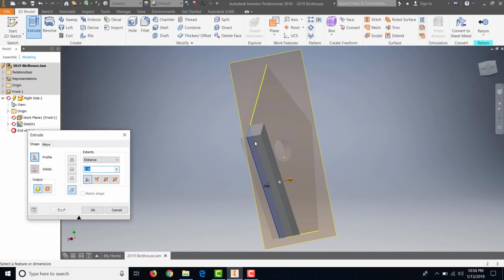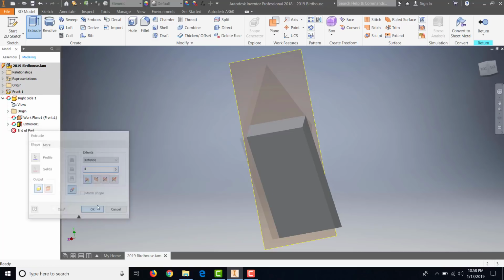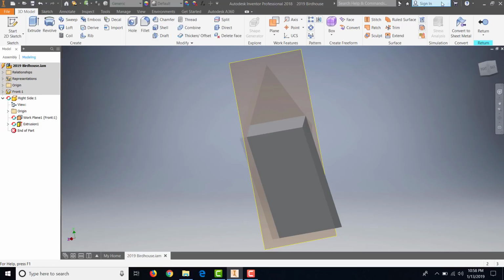extrude, and you'll see that this is coming out 1 inch. Now here's where your dimensions on your drawing come into play. I want the inside of my birdhouse to be 4 inches deep, so I'm going to change that to 4 inches and click OK. So there's my second part. I'm going to hit return,